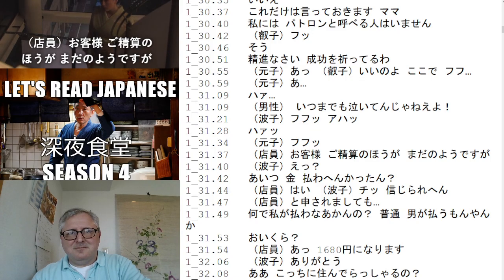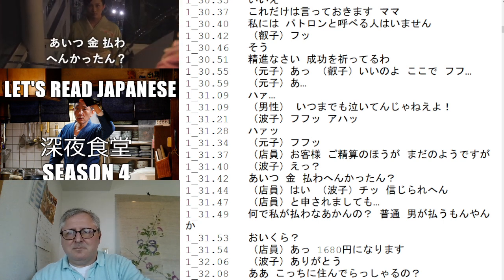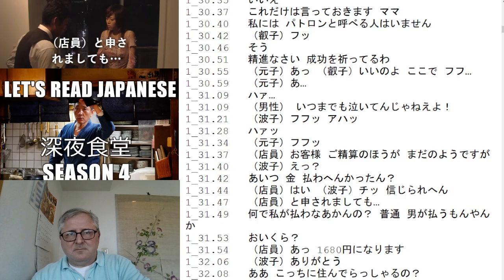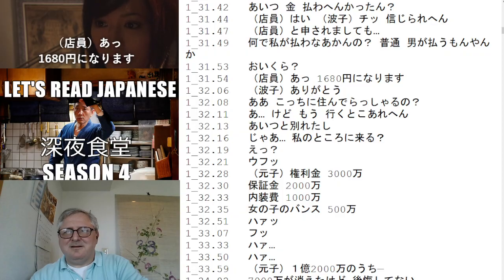お客様、ご生産の方がまだのようですが。 え？あいつ金払わへんかったん？ はい。 信じられへん。 ともされましても。 なんで私が払わなあかんの？普通男が払うもんやんか。 おいくら？1680円になります。